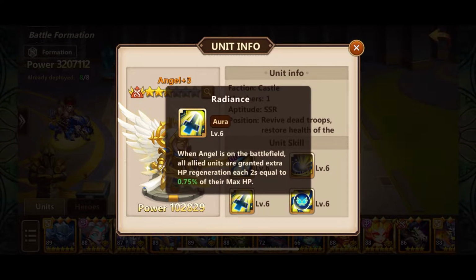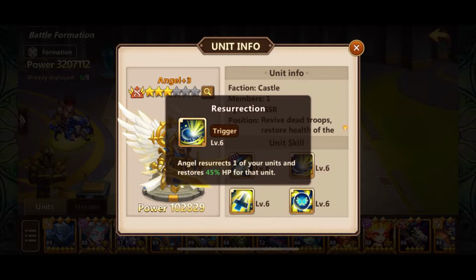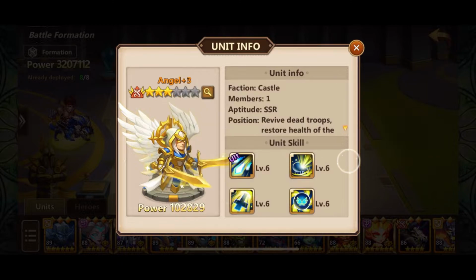So when Angel is on the battlefield, all allied units are granted extra HP regeneration each 2 seconds, equal to 0.75 of their max HP. So this is really useful. This is a really useful skill as well as resurrection. So you don't need your Angel to be really high in power, because mainly the utilities are why you are